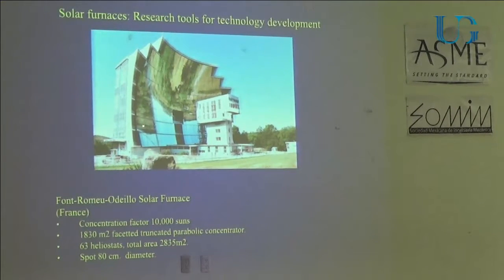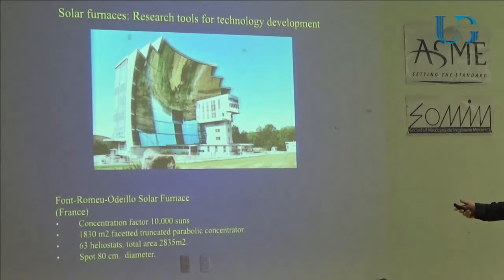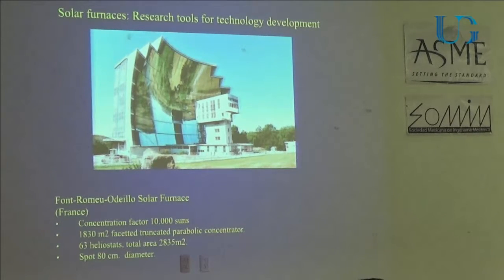Essentially, big mirrors that concentrate, not as large as in the picture before, but they do concentrate solar energy at a certain point. The largest solar furnace that has been built is in France, and I'll give you some numbers so that you can start having some scales in your minds. This solar energy concentrator has a factor of 1,000 suns. That is,